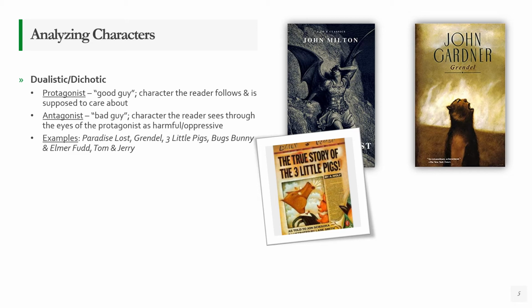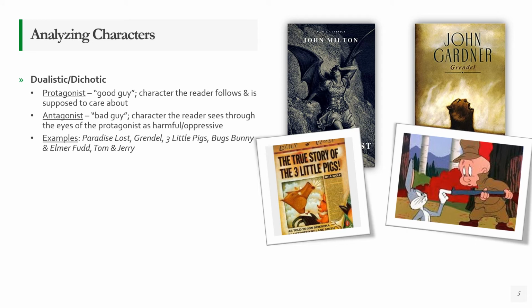Okay, there are several instances where people try to write an exposé and try to change a story that has a very traditional narrative, like we see with the previous two examples. And of course, there are much more lighthearted versions of this. Okay, Looney Tunes, for example, right? Any of the Looney Tunes cartoons typically has this type of situation occurring. Okay, Bugs Bunny and Elmer Fudd. Okay, one of them is a protagonist and one is an antagonist. Okay, and in many people's minds, Bugs Bunny is the protagonist. He is a harmless animal who is living in the forest, and Elmer Fudd is the cruel hunter coming to shoot him. Okay. But you could turn this around as well.